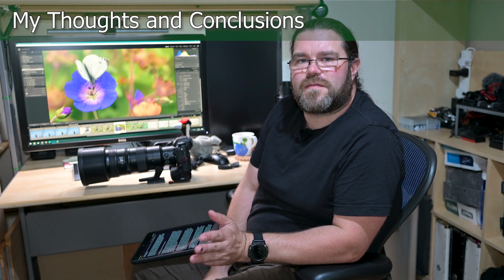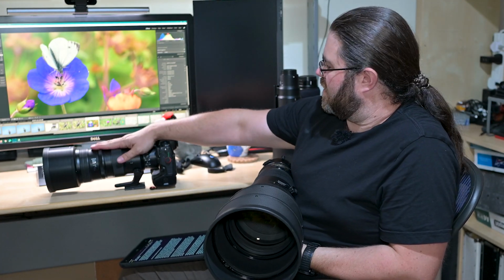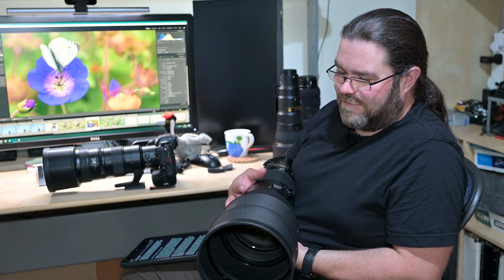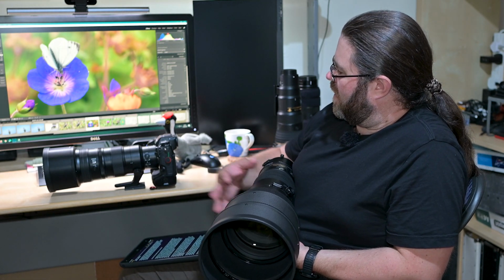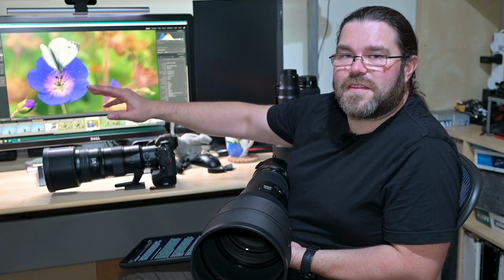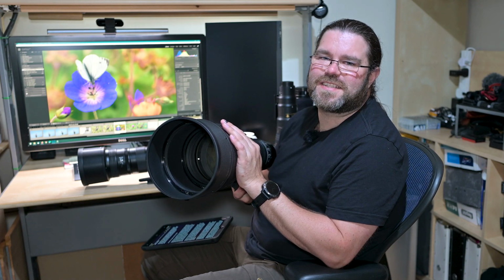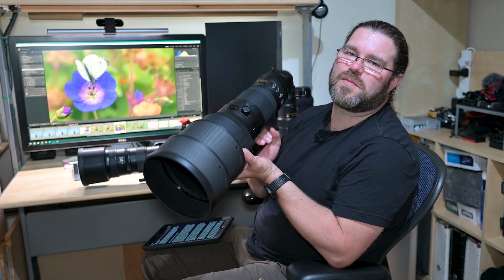So it's time for my final thoughts and conclusions, addressing the 400mm 2.8 first. Compared to this new small lens, it is so much lighter and so much easier to use that it's just no question that, despite being a stop and a bit slower, this is going to be a much better proposition for the kind of photography that I actually do than this guy. I really wanted to make this work for me, but realistically it's not, and so it's goodbye to the 400mm